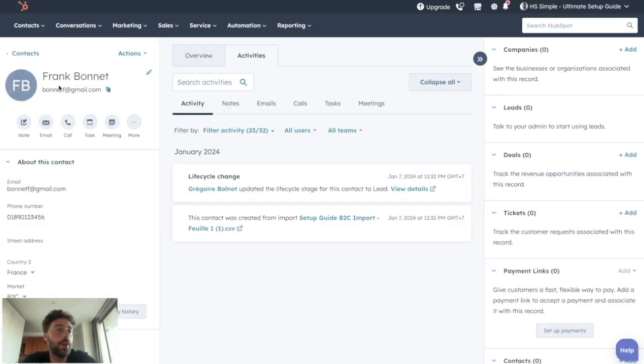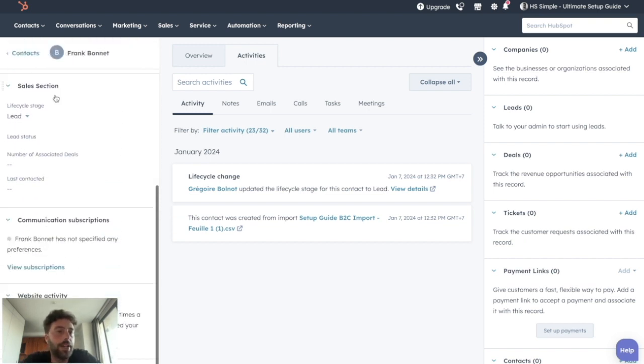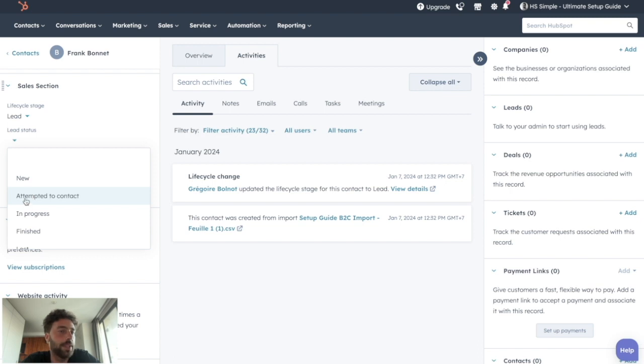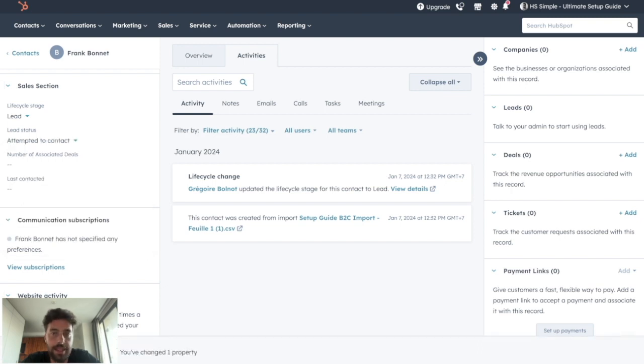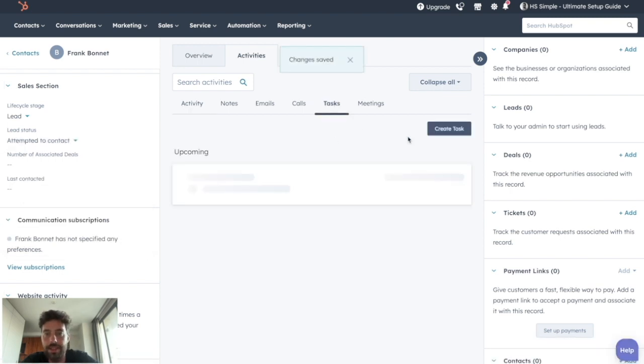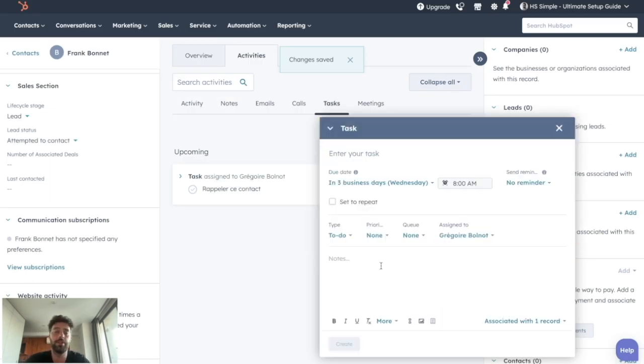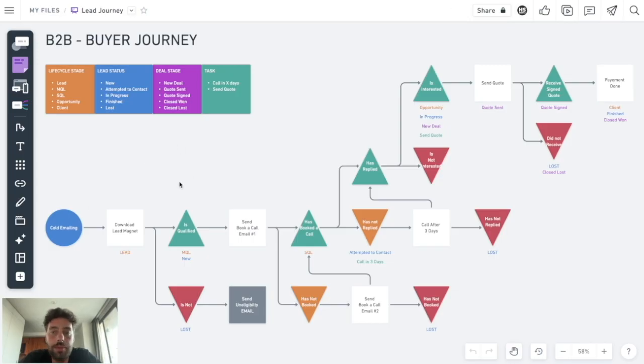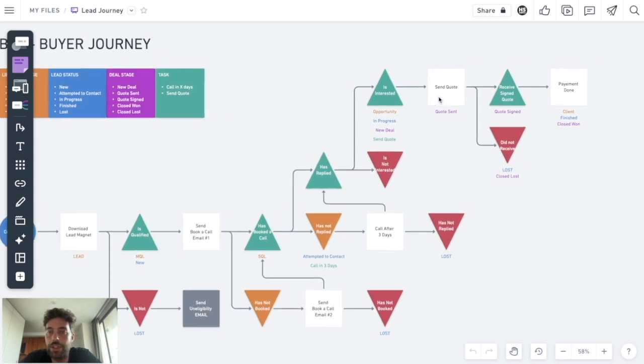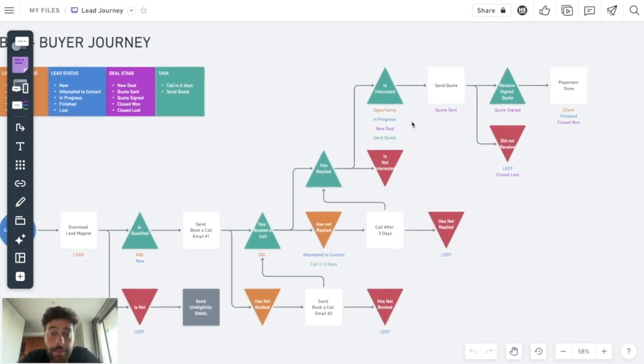So go to Frank Bonnell in contacts, say he hasn't replied to the phone, so I go to lead status, I put attempted to contact, I save, I go to task, and I can create a callback task in 3 business days and create. So you get it, you just do it for every single action of your buyer journey